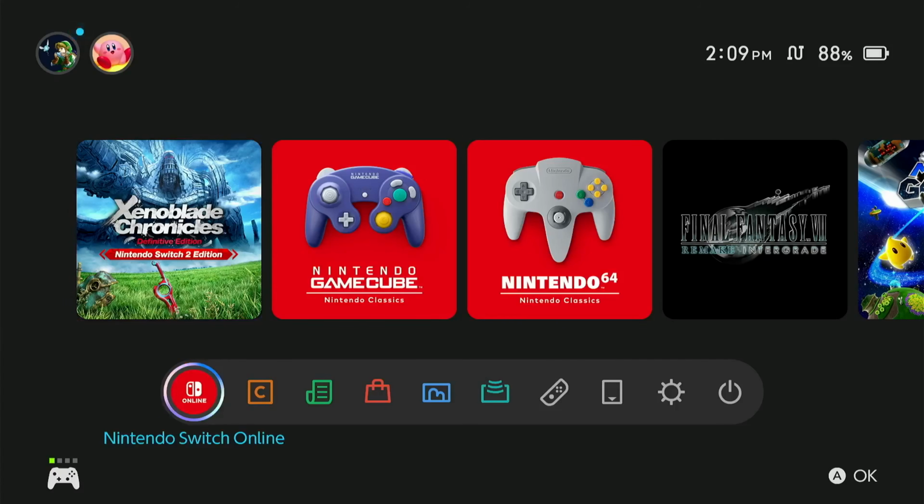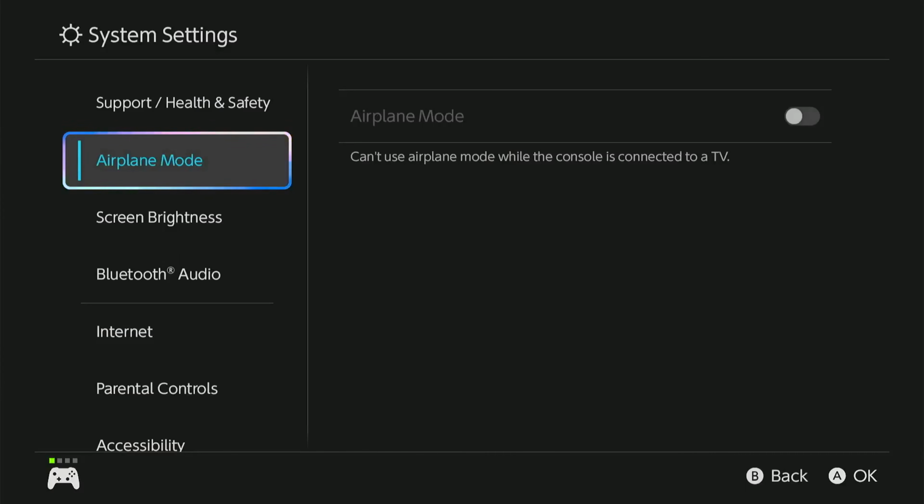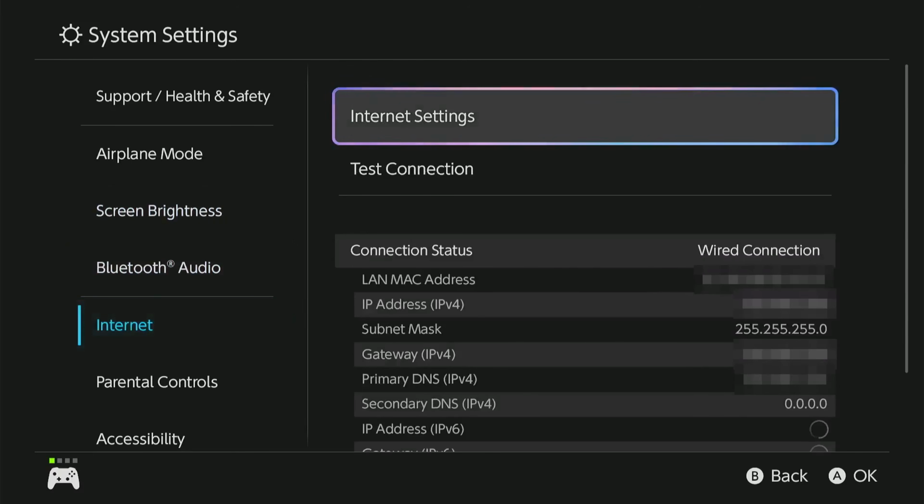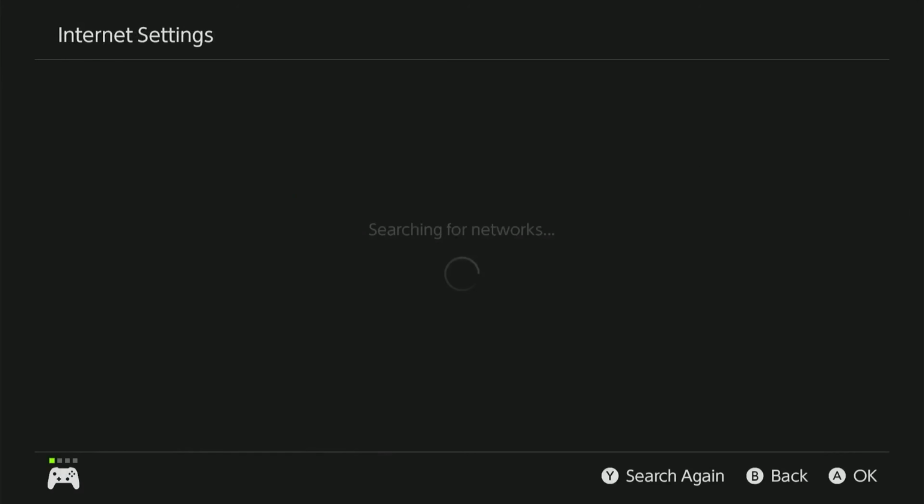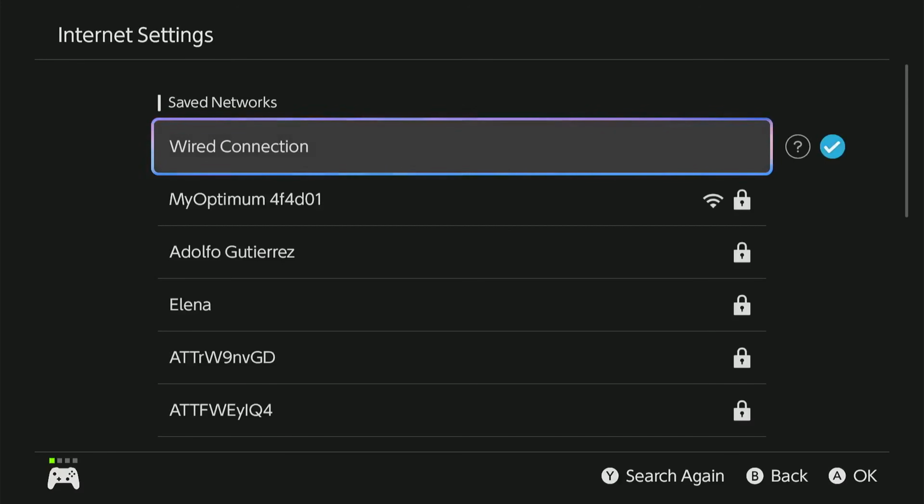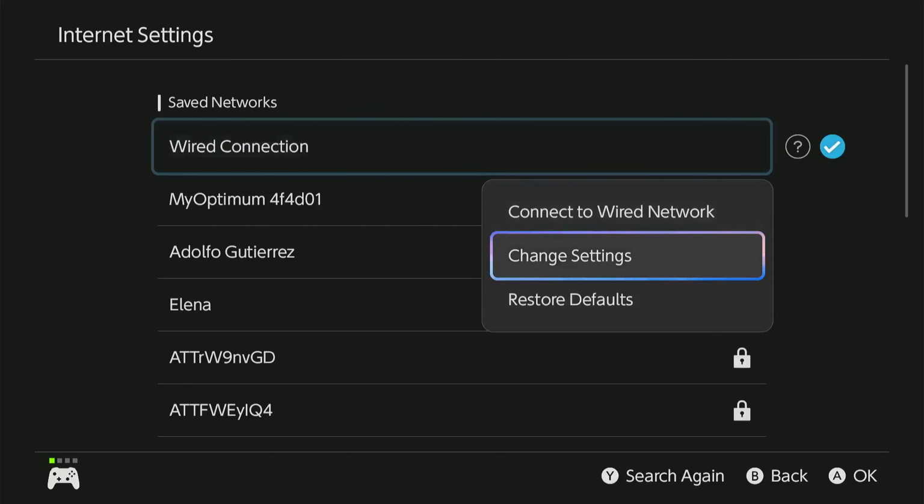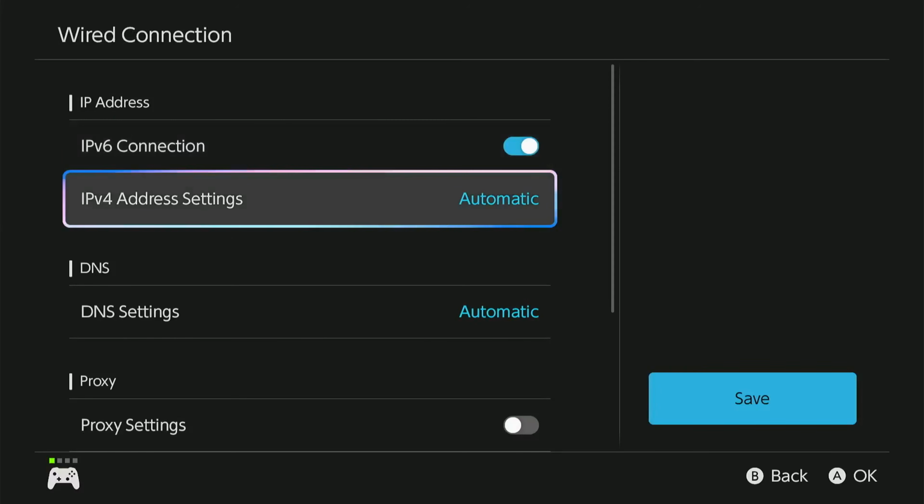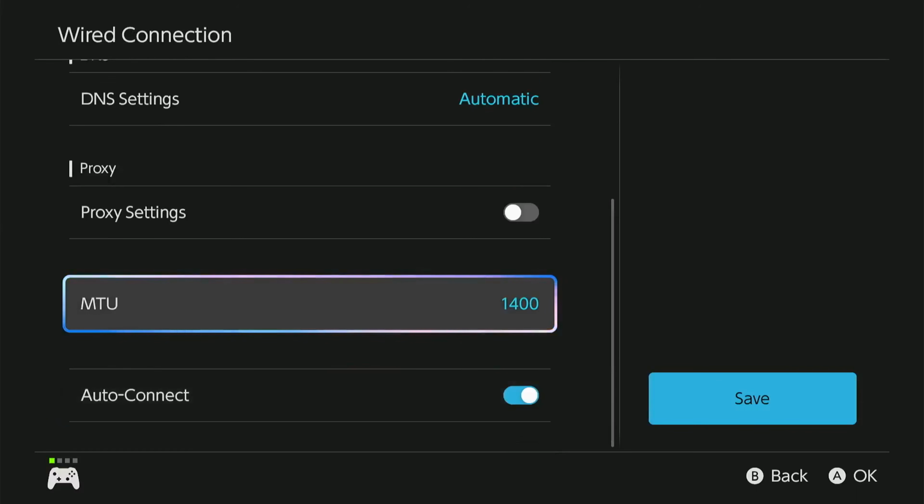From the home menu, open System Settings, scroll down the left sidebar, and select Internet, then choose Internet Settings. Wait for your Wi-Fi network to appear, select it, and press Change Settings. Now scroll all the way down to where it says MTU, and by default it should be set to 1400,